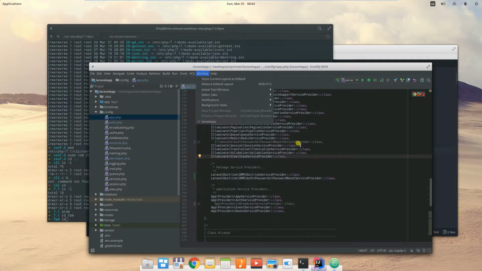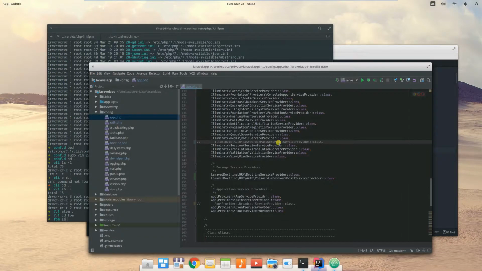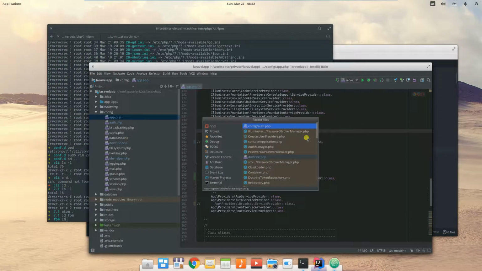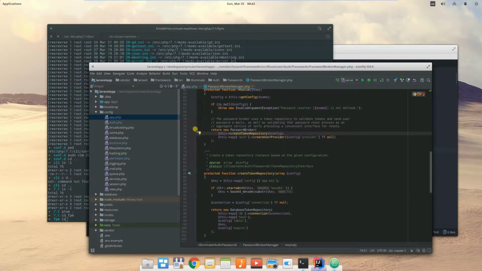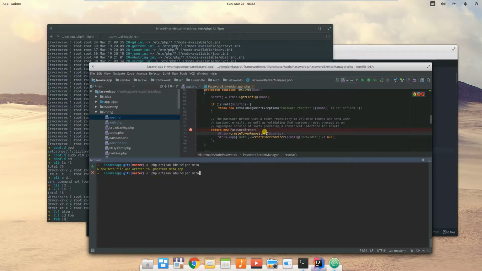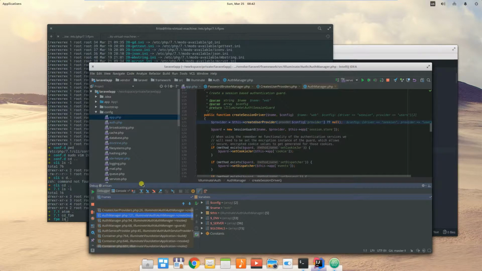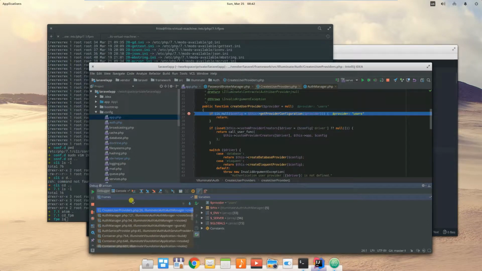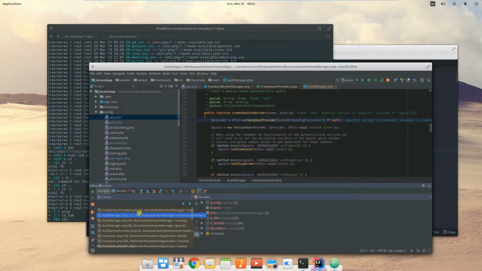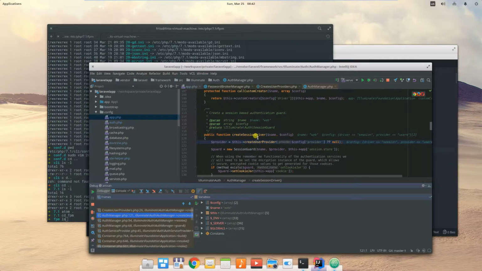So let's do, I think Control E it was. This Control E brings up recently changed files, and let's put a debugger back there. So let's have a look at this. I think this was the first time it ran. So we can have a look here at the stack, so we can see exactly where and how this was called. Okay, so this whole thing gets called